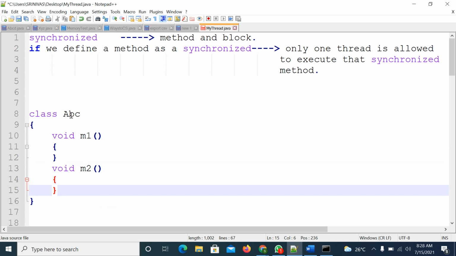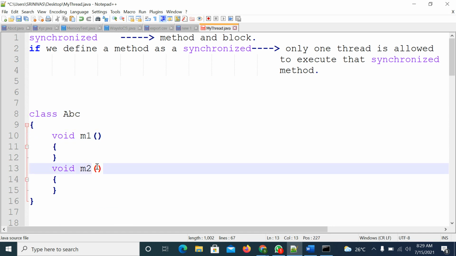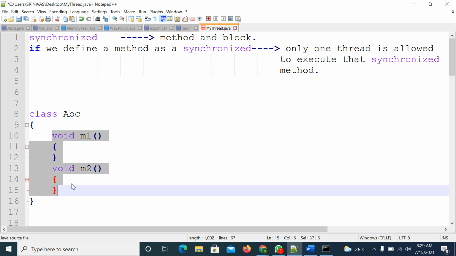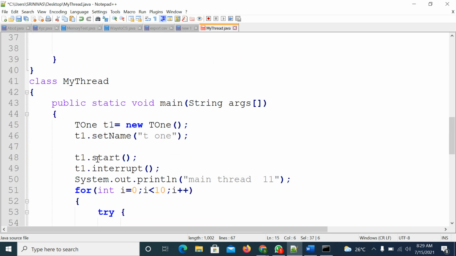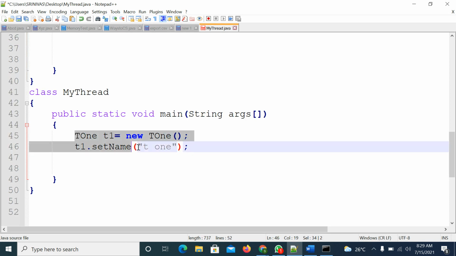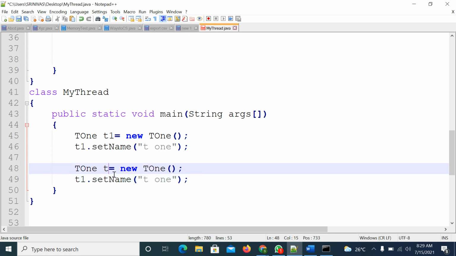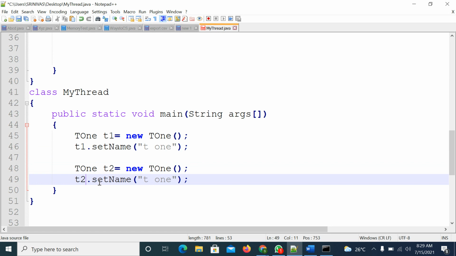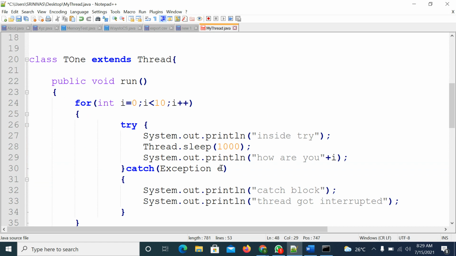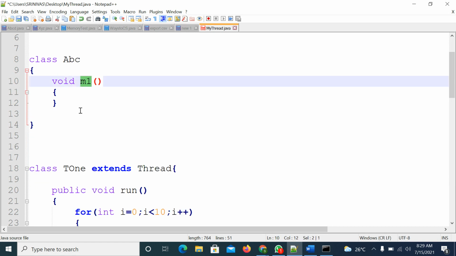Suppose you want to access the M1 and M2 methods from two threads. Consider you have two threads, T1 and T2. Both threads want to access it. Okay, consider only one method is there. It is not required to discuss two methods.